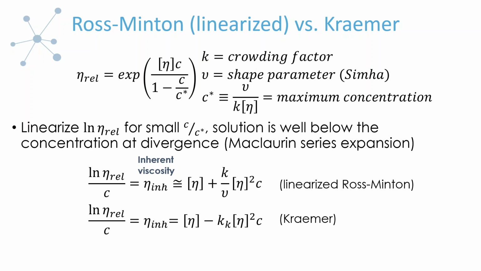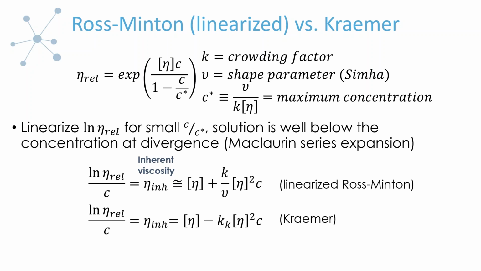So the Ross-Minton equation, which we just talked about, which I've represented here for you, the relative viscosity having this exponential form, where this is the intrinsic viscosity, which we've defined before. I've rewritten it in a way that's more obviously analogous to the colloidal systems, although in this case I'm still using concentration, and I'm considering this some maximum concentration. It's quite common to use a linearized form for this equation, because oftentimes, even though you have seen an uptake in the viscosity, you're still not anywhere really near the concentration where divergence would occur.